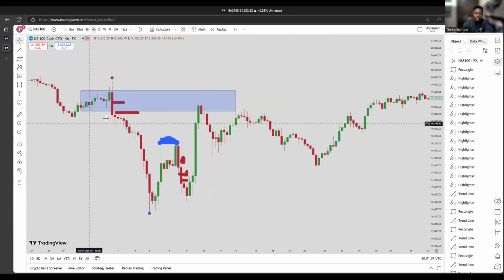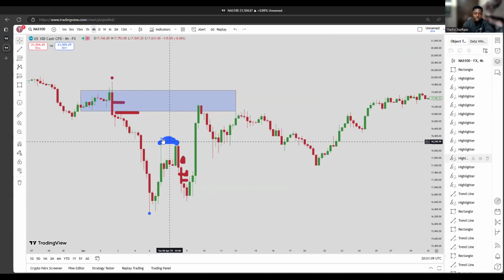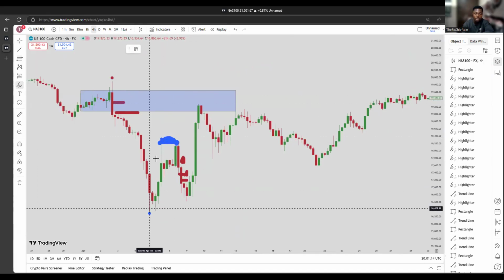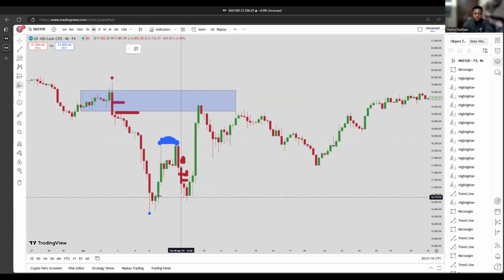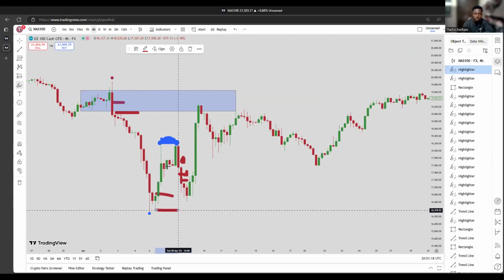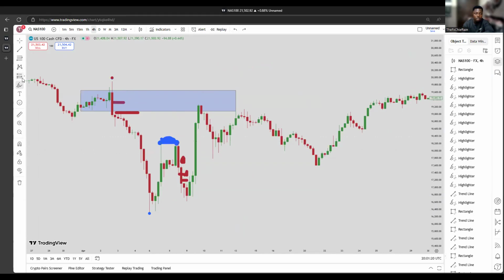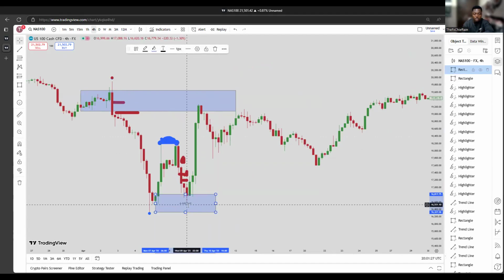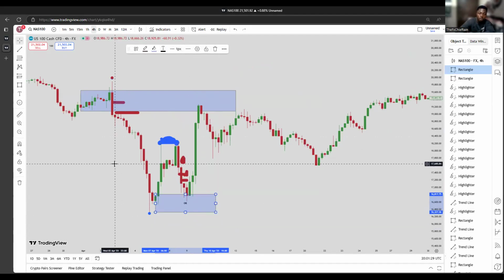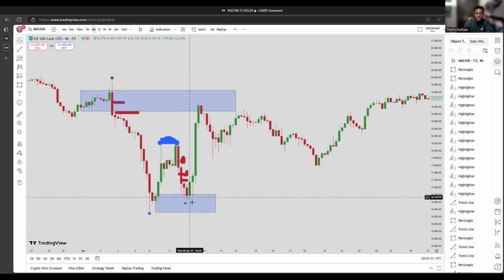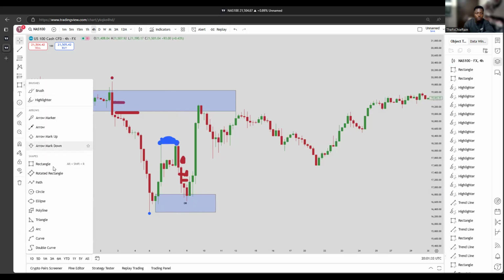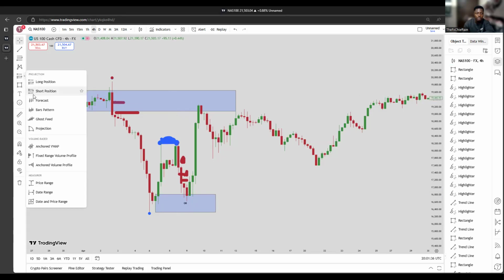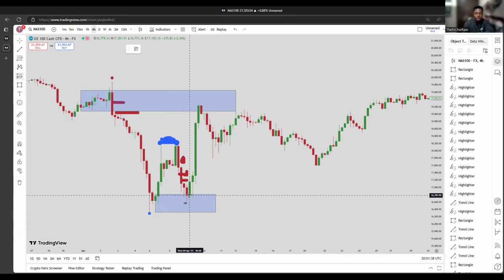Now we can see there's imbalance here, there's liquidity here, and what did you see the market do? After creating this low, the market took our order block. This is our order block, so let me mark it out. The top is our OB. With an order block, you want to see the market fall into that level. Once the market falls there, you want to buy at that level